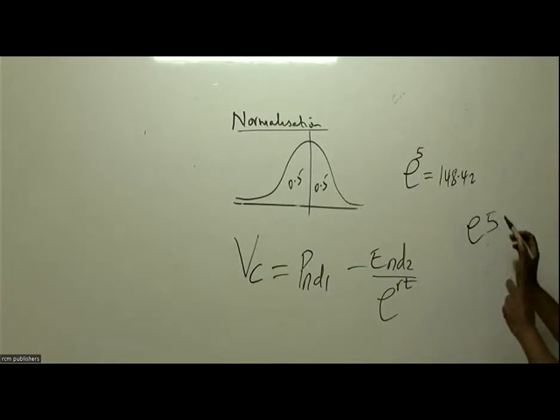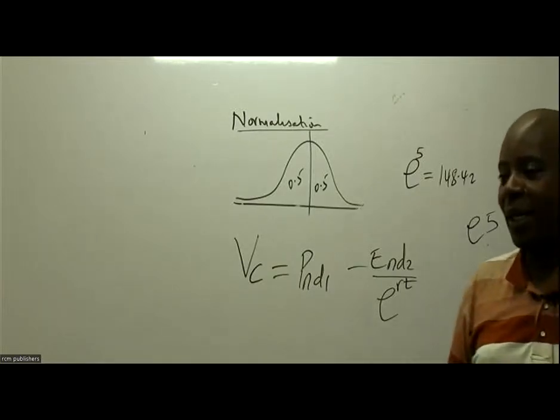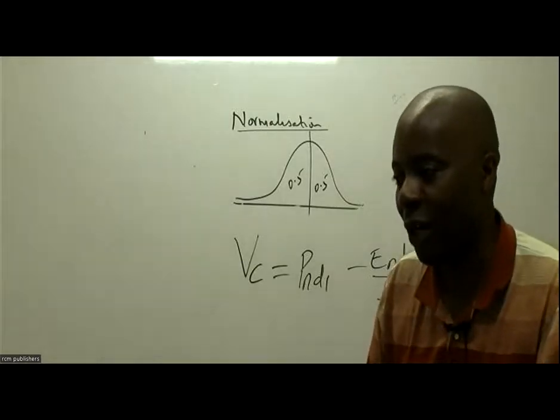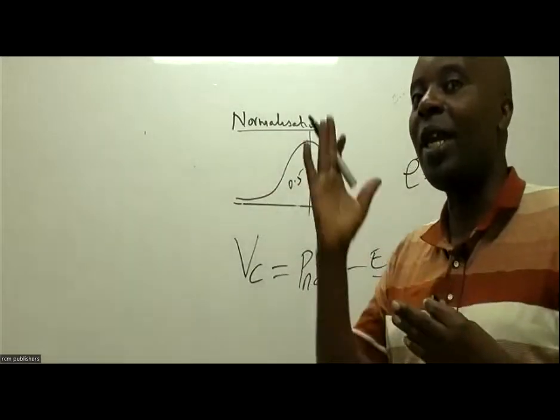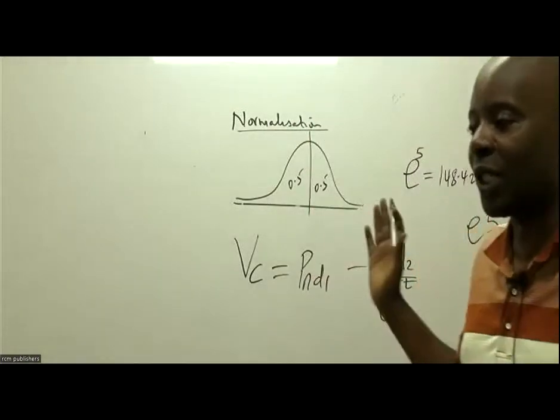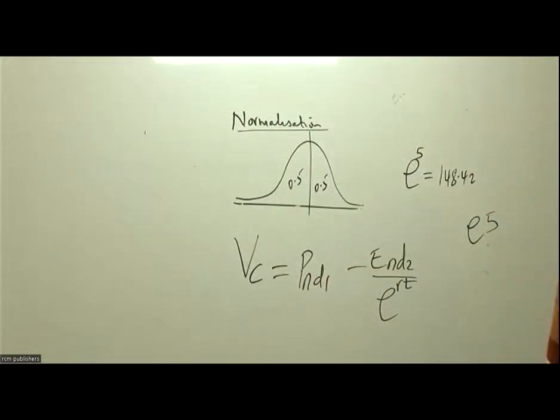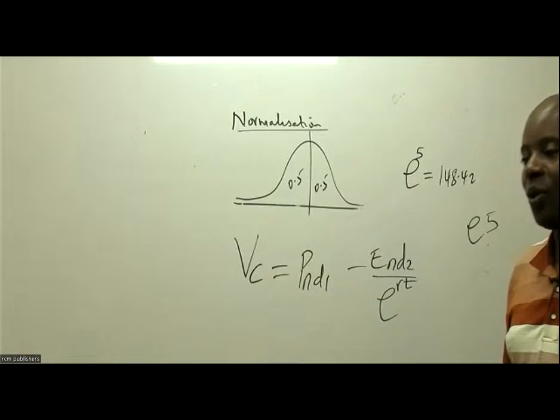And then, ladies and gentlemen, in this case here, you come and just mention 5 down there. Don't raise again, because that e normally comes raised. Don't raise again and then you say equals.